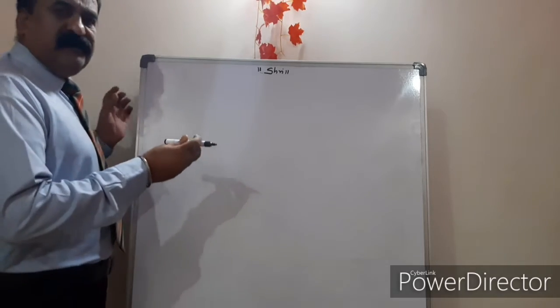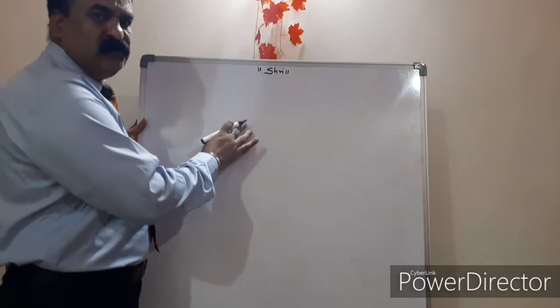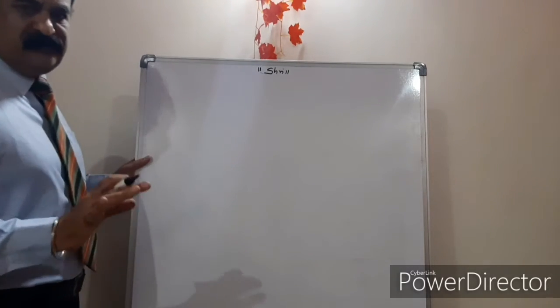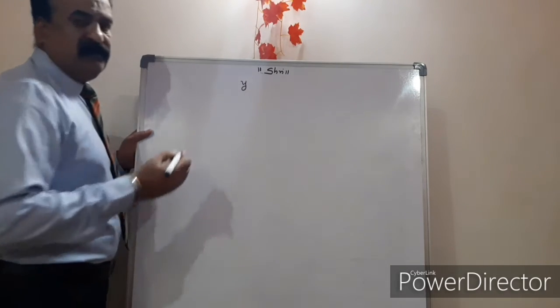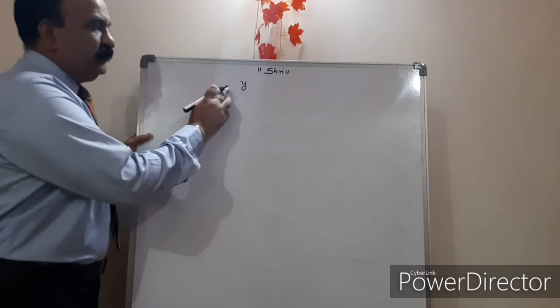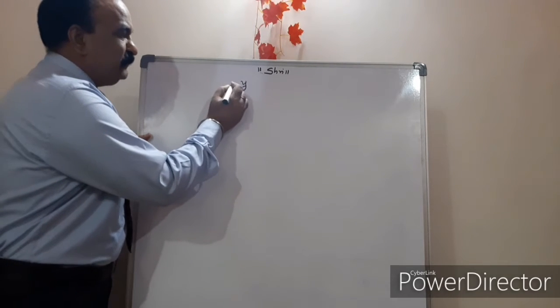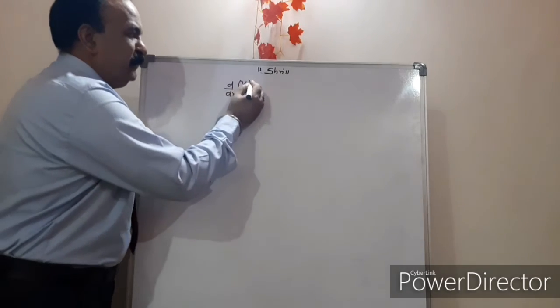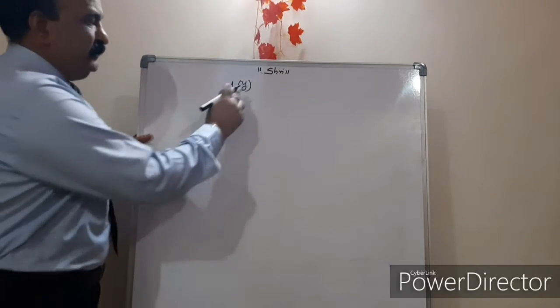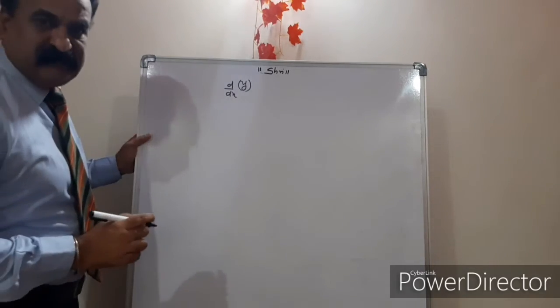Today I am going to take class 12th mathematics, in which I am going to teach you differential calculus. Suppose if I am writing here y, and I am going to differentiate y with respect to x, it means d/dx of y. d/dx of y means dy by dx. It means y is changing with respect to x.